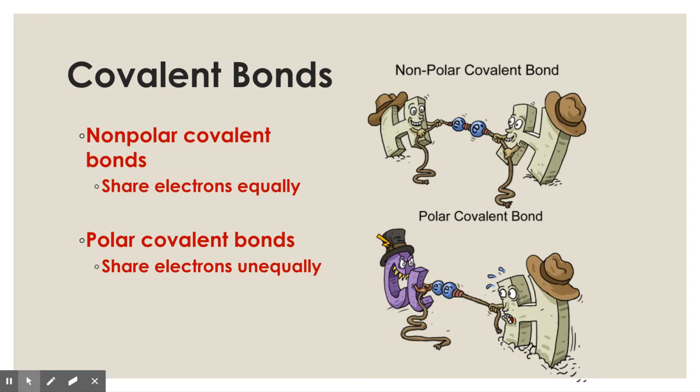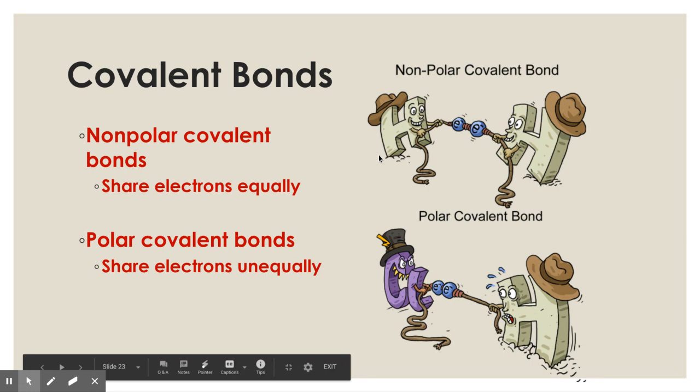Covalent bonds can either happen when an atom equally shares, so that it is having no charges, or there can be what we call a polar covalent bond, where they do not share electrons equally. And that happens usually when one of those atoms in the bond is bigger than the other. So it has more of a pull on those electrons. So, for example,